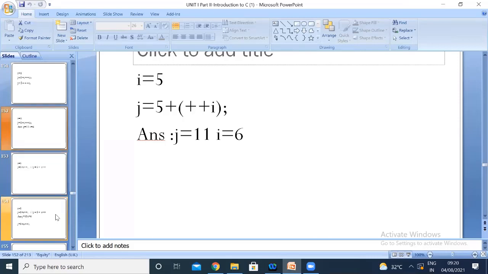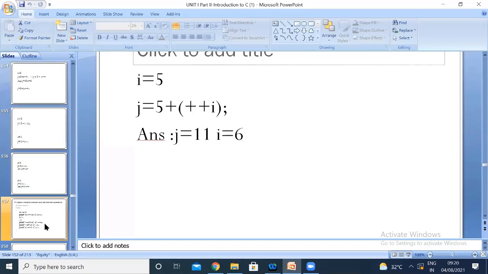If it is I plus plus, then I is also 6. What about J? 10, ma'am. Yes, J is equal to 10 since it is post increment.